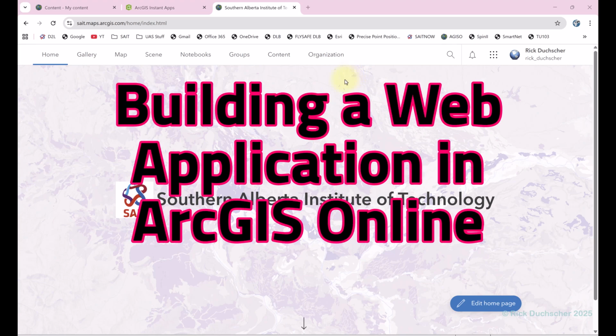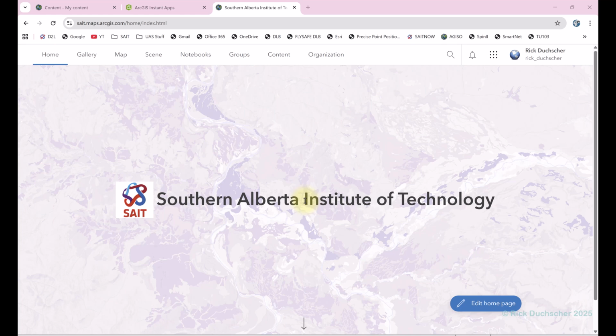Hello everybody, today I'm going to show you how to create a web application on ArcGIS Online so that viewers can view your web map in their mobile devices and be able to pan and zoom and search for items on your web map. So the first thing I'm going to do is log into ArcGIS Online,